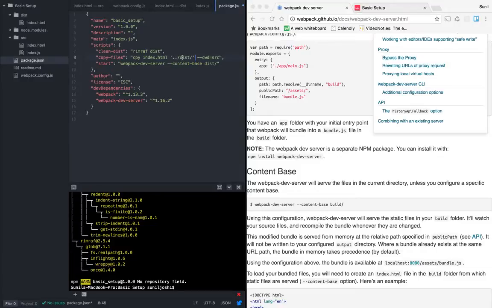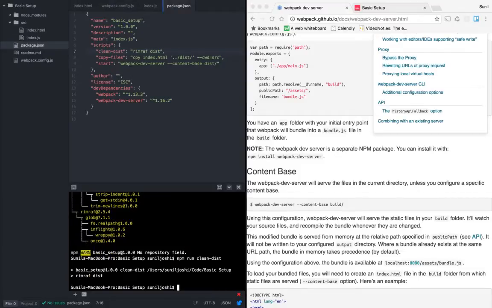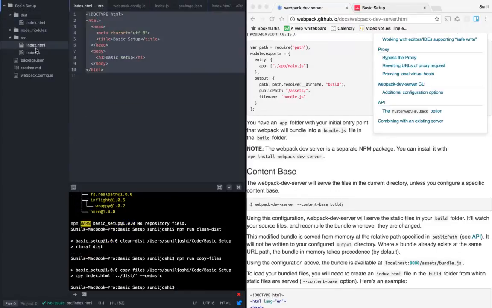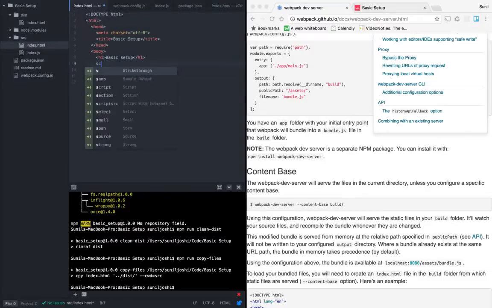So simple, right? So let's run each command one at a time, so that we know everything is working, and then we can combine these two into one script. So npm run clean dist. Okay, so we have a dist folder out here, you can see. So when I run this, it's going to clear it. Yep, it did it. And the next thing I'm going to do is copy it. npm run copy files. Yep, so it is copying out here. Let's see. Okay, what we missed in the source is the script, which we had earlier, bundle.js.